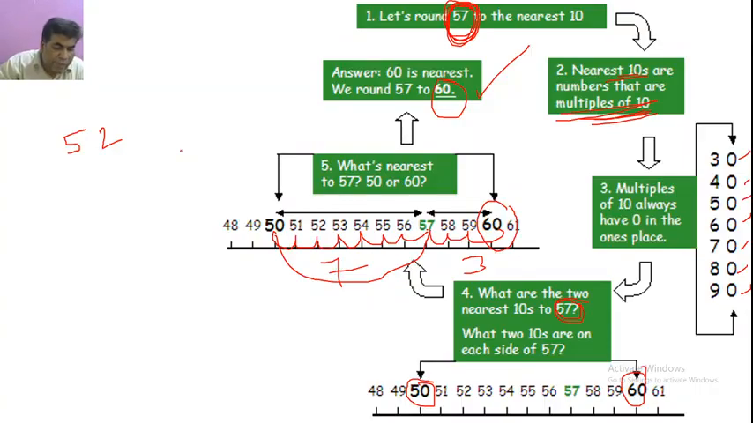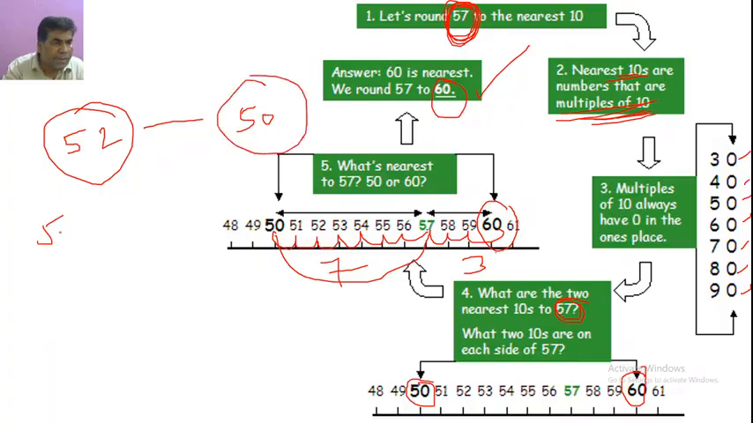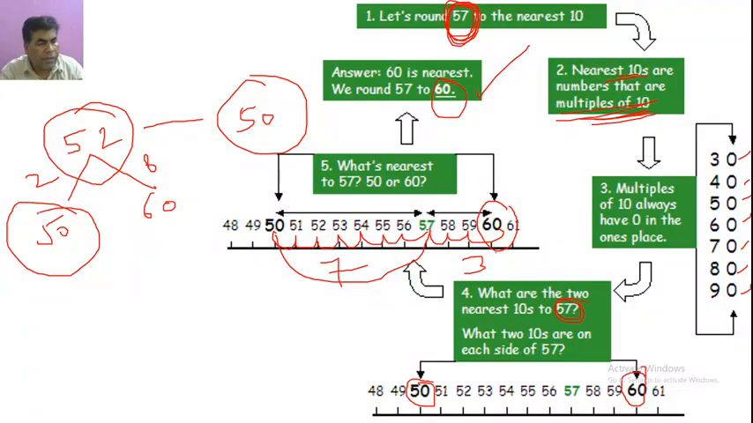Somebody is telling 52. 52 is the wrong answer. The nearest 10 to 52 is 50, because it is between 50 and 60. For 50, only 2 places difference. For 60, 8 places difference. So the answer is 50. Very good. Next, what is the nearest 10 to